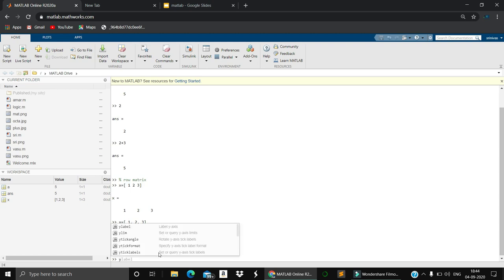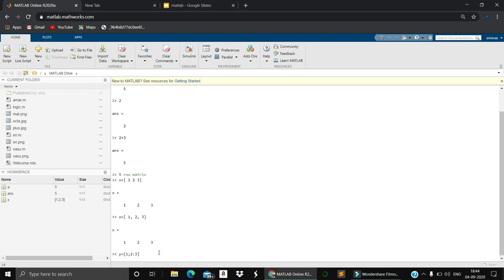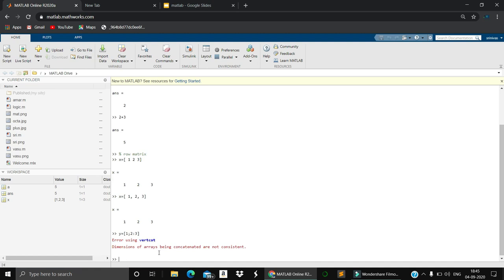But if you are separating each element by semicolon, what will happen? Let me check. Okay, sorry, I am entering semicolon instead of that.